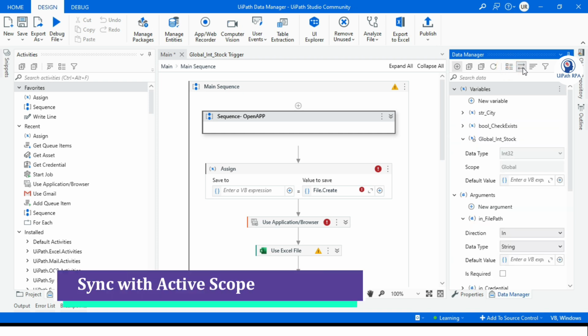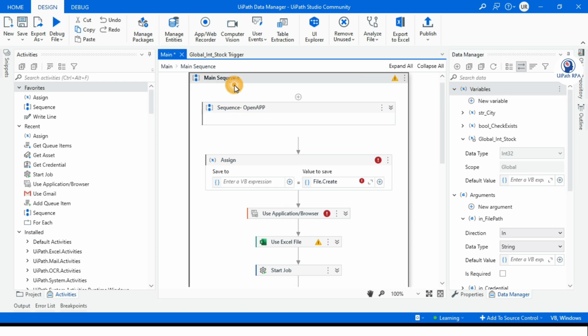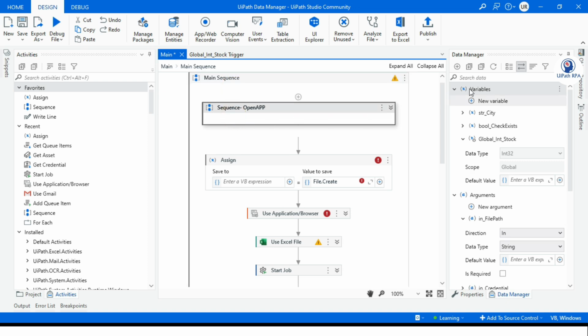Now this is sync with active scope. It will sync with your active scope. Scope means your sequence, this sequence, this sequence. If we have selected this one, it will sync with that, and you can see only the variables that are for that specific scope. So if I click on this sequence, open app, then currently I can access all because there is no variable assigned to this one. So let's go to the